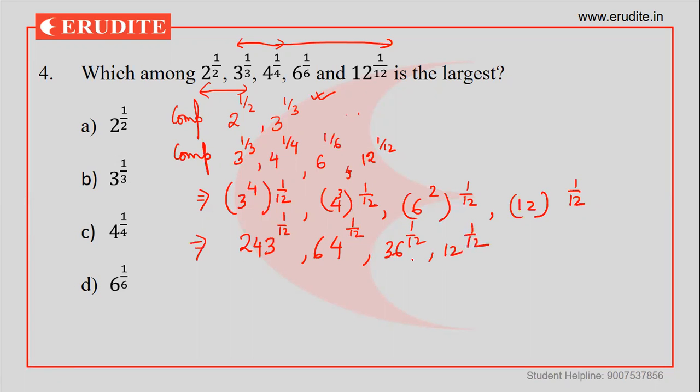So what I can see, which one is the bigger in this case? It is nothing but the power of 3. So finally 3 to the power 1/3 would remain the largest. So 3 to the power 1/3, option B, would be the answer for the entire lot. In this way, we need to make a comparison of all of the data. Why did I segregate initially? Otherwise, 2 to the power 6, this big comparison I would have to do at the start. You can make these entirely together also.